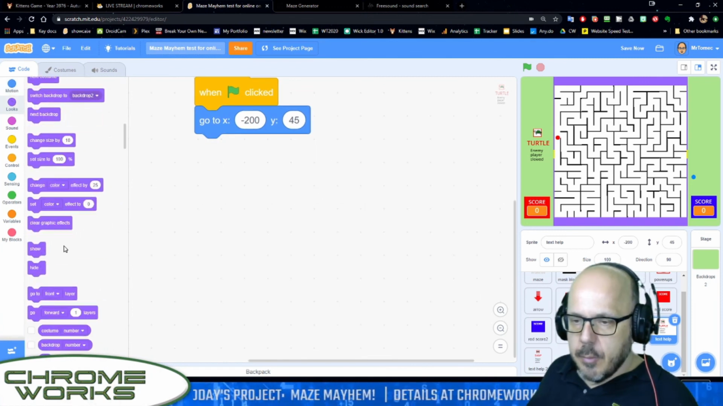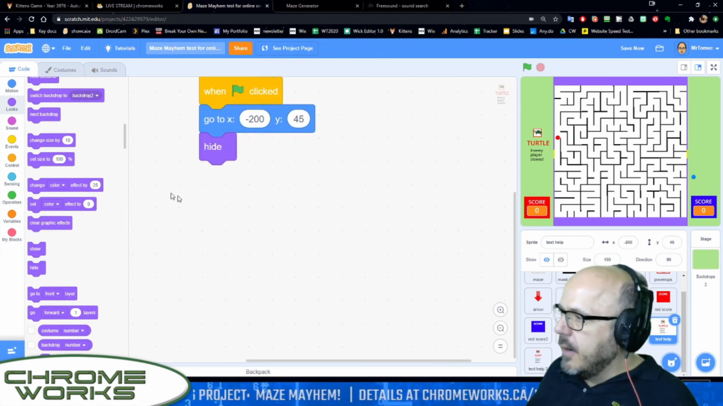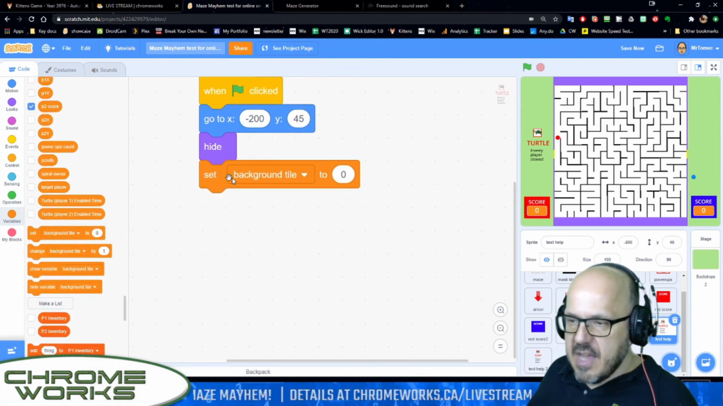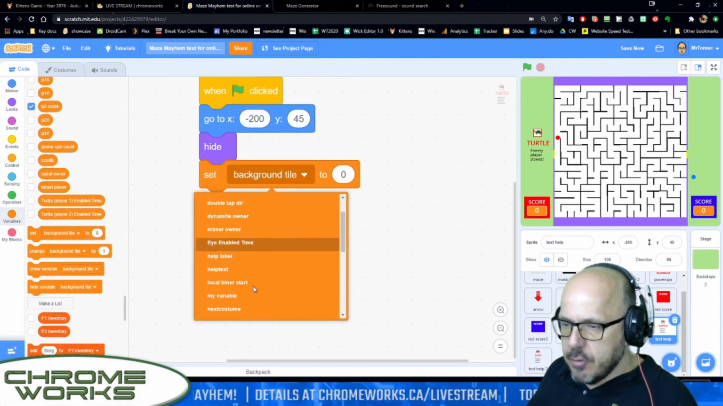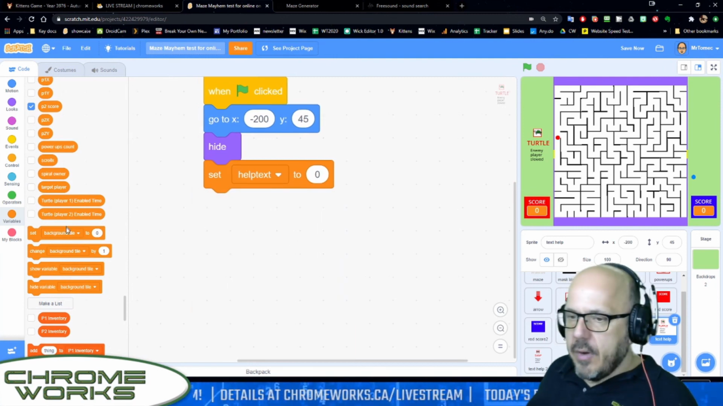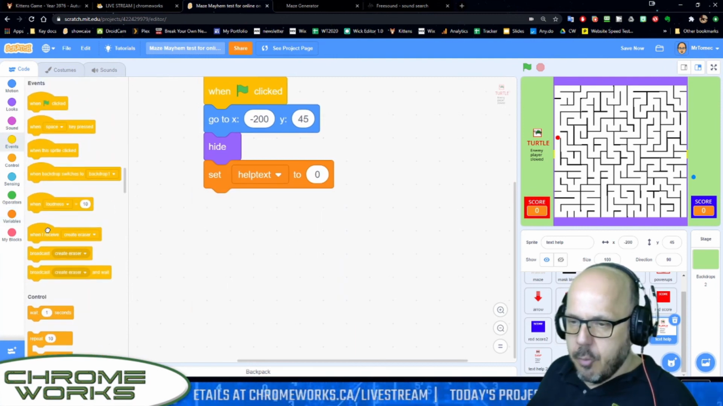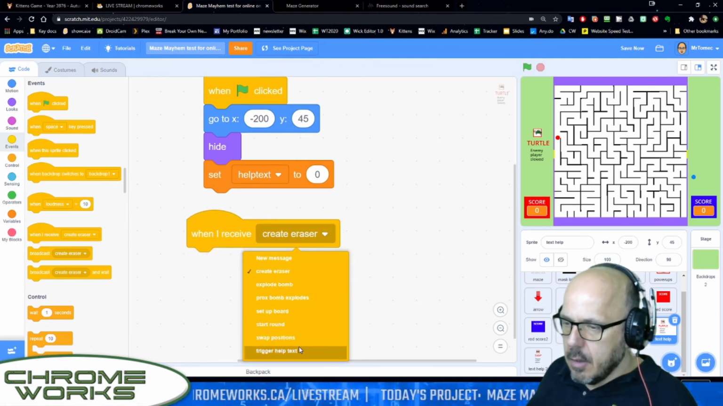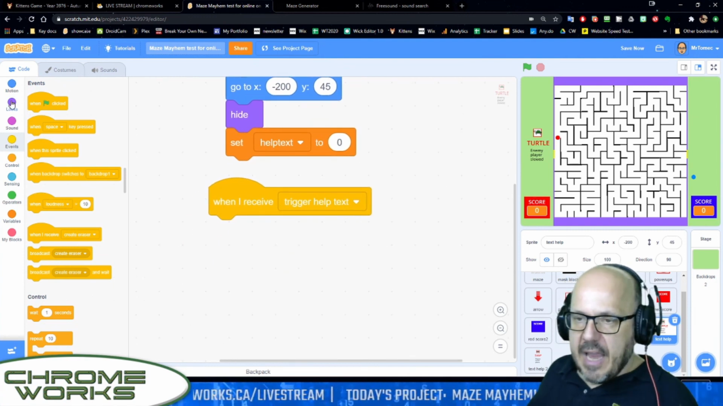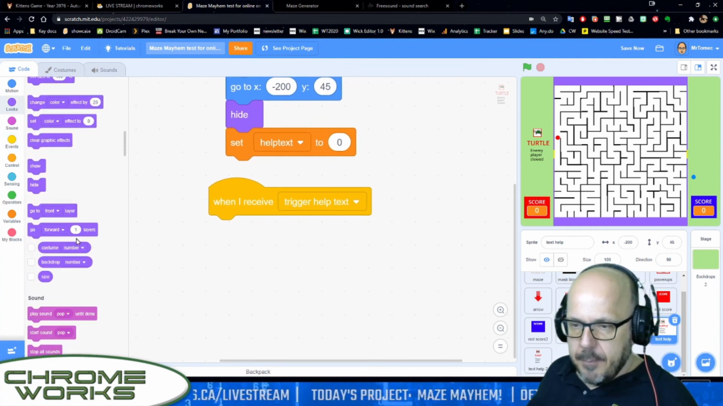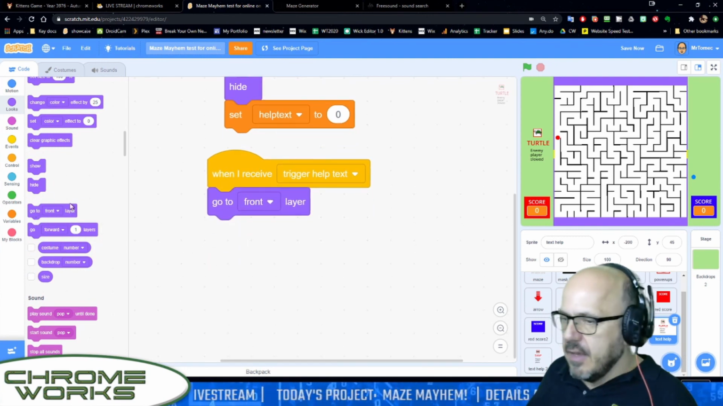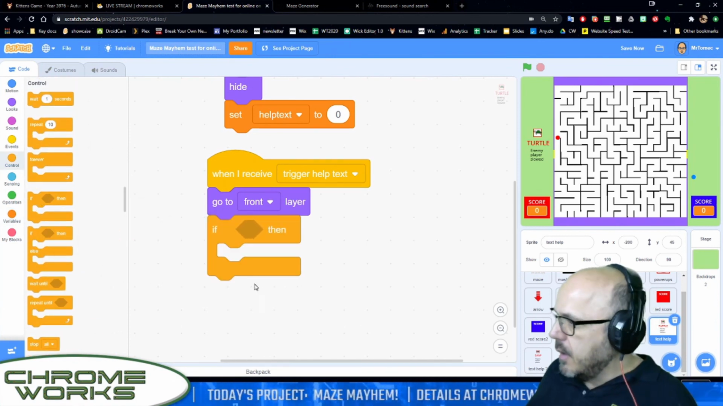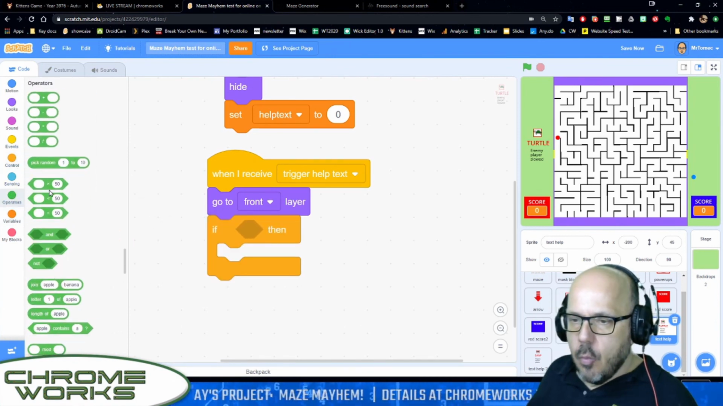Then we're going to hide, because we don't want to be visible until we trigger something. Then we're going to set help text to 0 right now because we don't want anything in there, right? So set help text, this is just the initial state, set it to 0. Okay, so when I receive the message is when we're going to spring into action here. So we're going to go, when I receive, trigger help text. We're going to go to the front layer, just in case something happened that dropped us to the back. Go to the front, and we're going to say if help text is equal to 1,